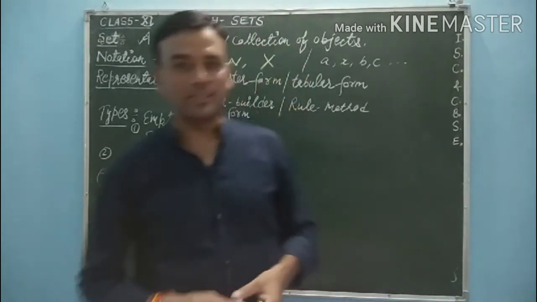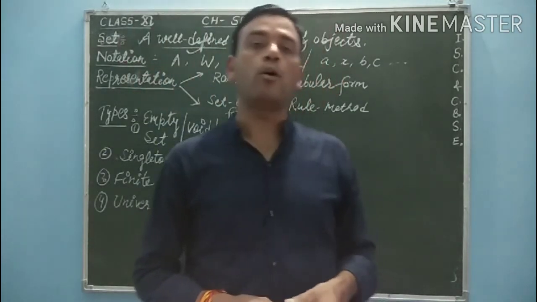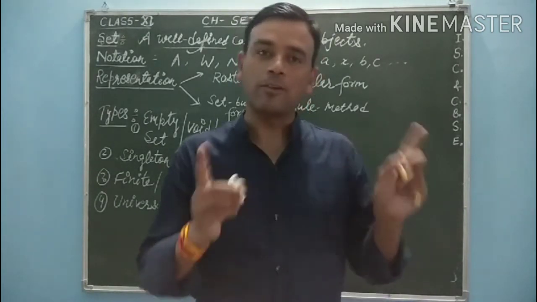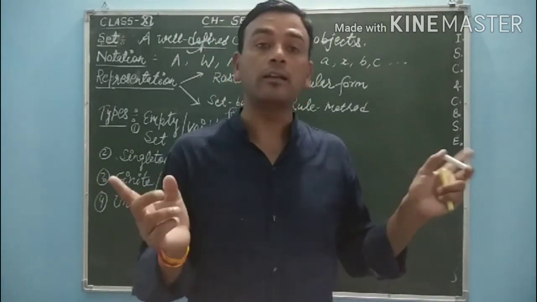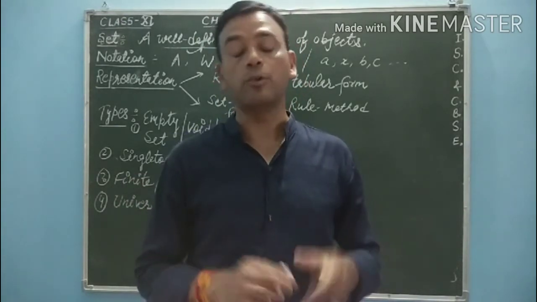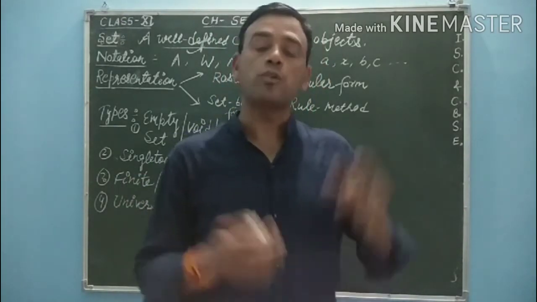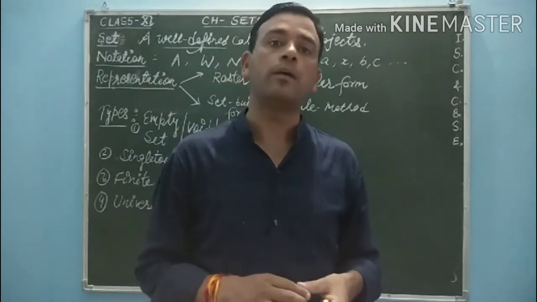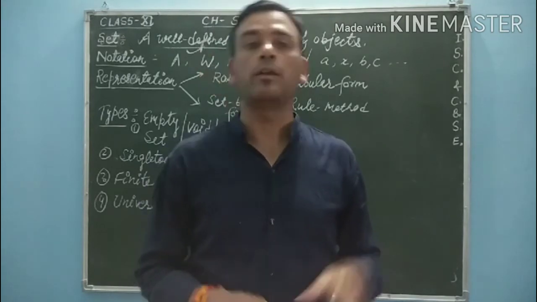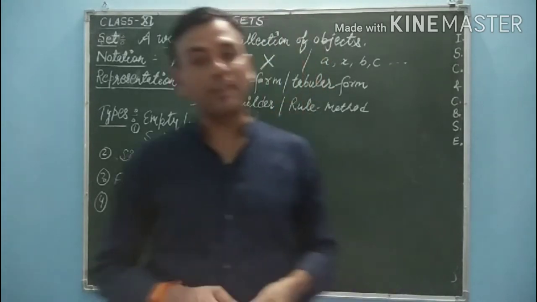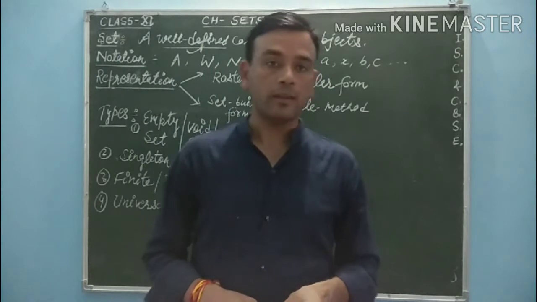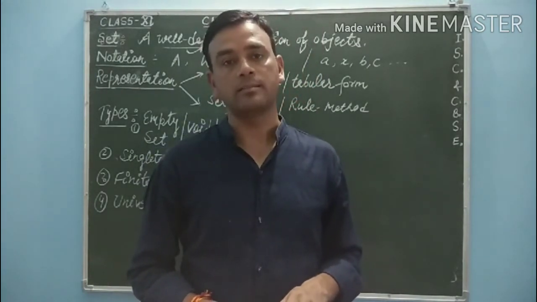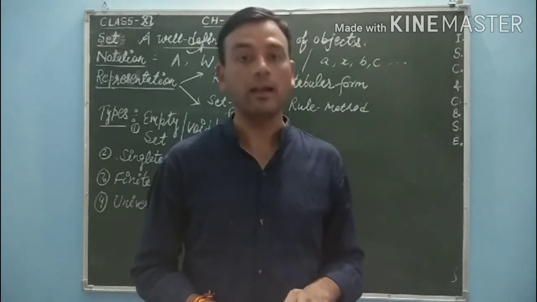For example, if I say the group of all intelligent students of class 11 mathematics, that will not be well defined, because you can't define the word intelligent. How can you say that this student is intelligent and this is not? So the set of intelligent students in class 11 will not represent a set. But if I simply say the collection or group of all students of maths in class 11, that will definitely be a set.